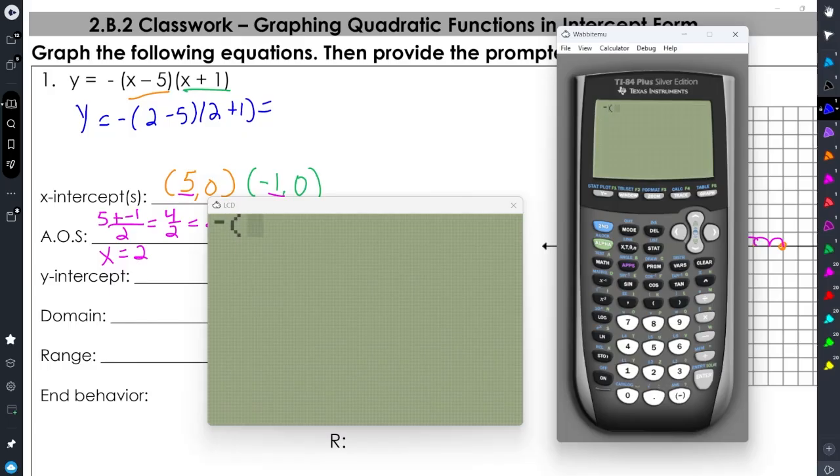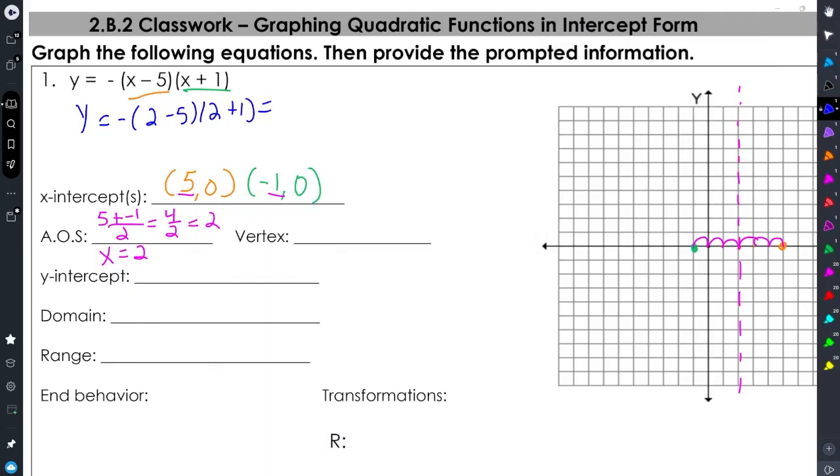So negative, and then we have 2 minus 5, and 2 plus 1, and we get 9. So our vertex is 2 comma 9. 2, 1, 2, 3, 4, 5, 6, 7, 8, 9. So our graph